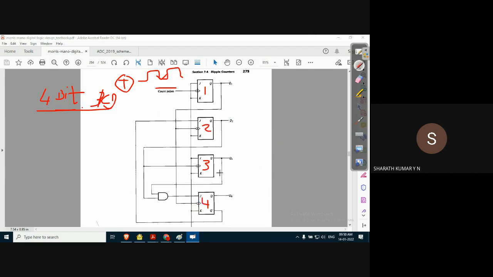Now what is required is a BCD counter. Just now we understood that the BCD counter should start with the initial count of 0000. Next count is 0001. Let me write all the states, starting from here. BCD counter, initial state 0000.